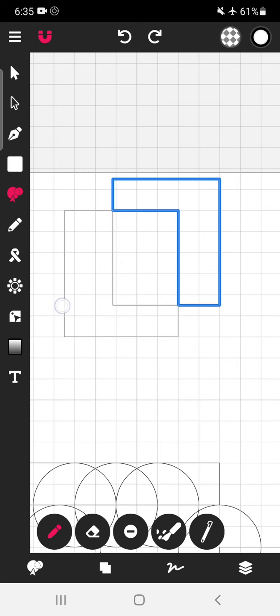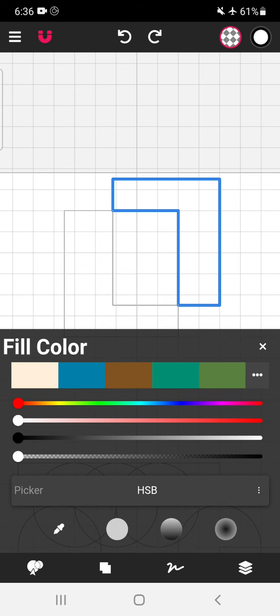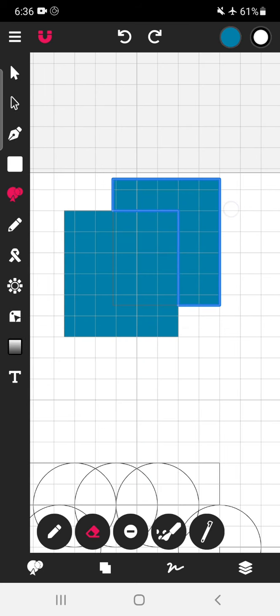We don't want to lose this. We don't want to lose this. If by mistake you have selected a line which is not necessary, tap on this option, erase option, and just tap on that. So with this, we apply this blue color.